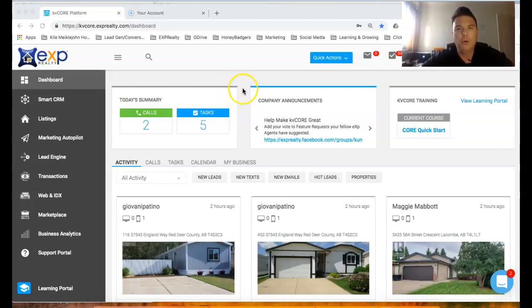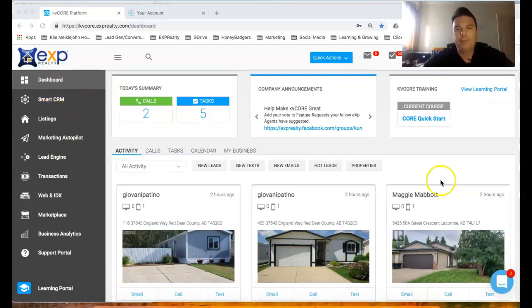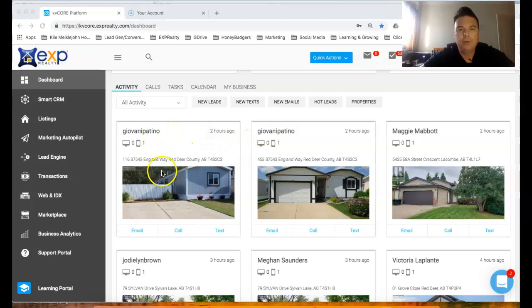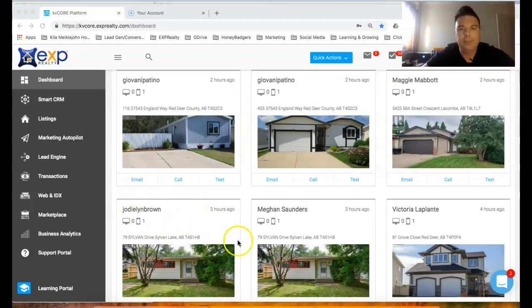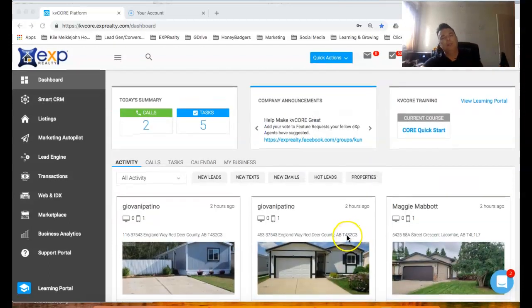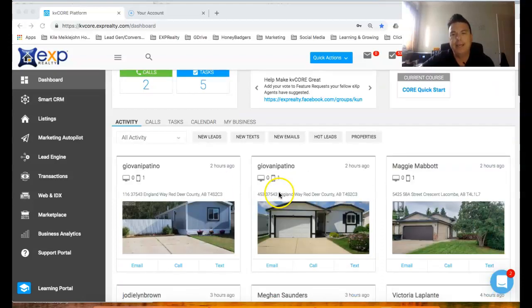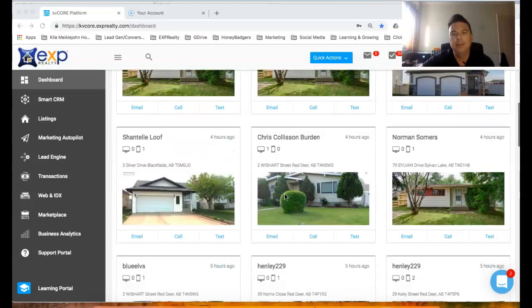When you open it up, you're going to see the dashboard. You're going to click on dashboard. This is where it opens up on a daily basis. These are all the people that have come in and are looking, and it puts them in order. Two hours ago, this person was looking at these properties, and before that was Maggie, before that was this person, and it's all in order. The most important part of the activity on the dashboard is to see who's looking, but really